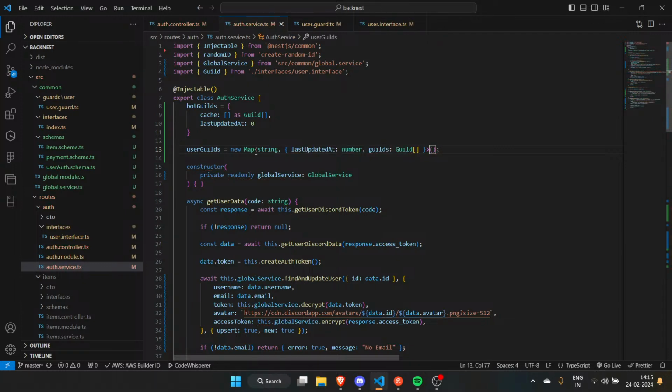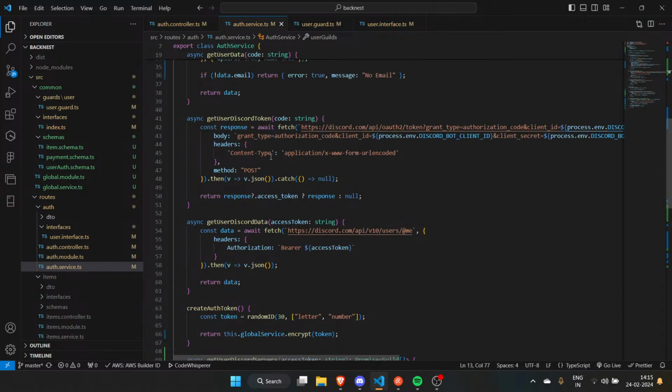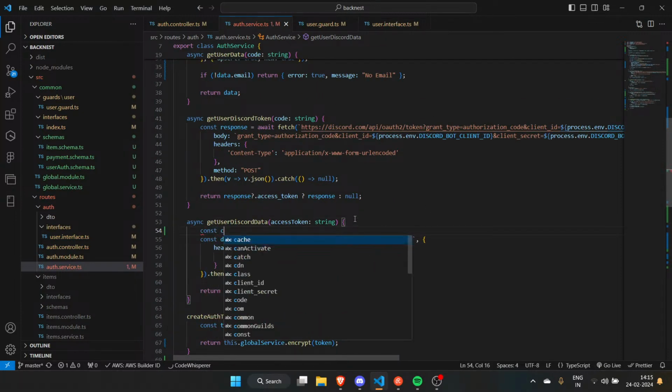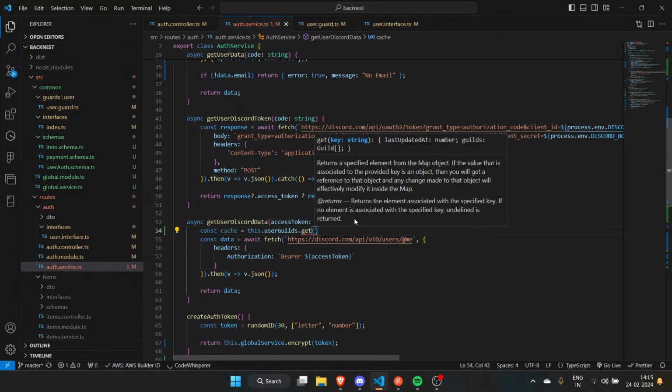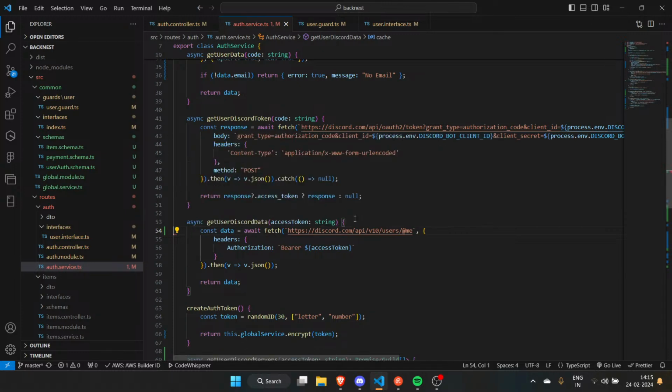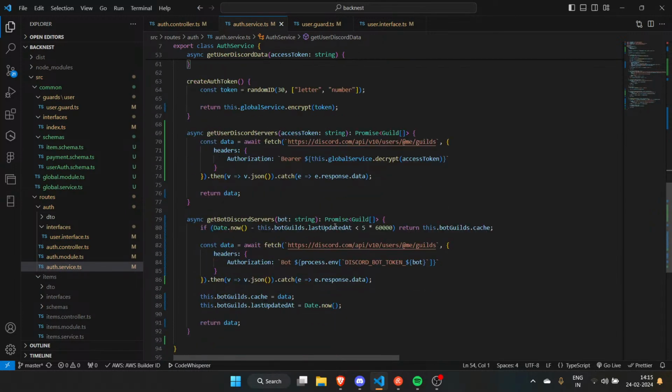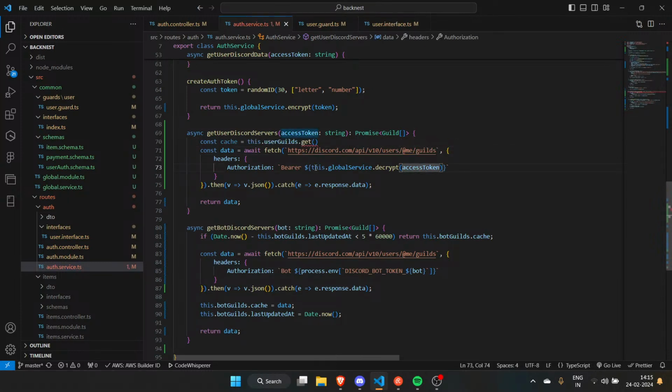Bam. Right. So we are gonna have get user Discord data, const cache is equal to this dot user guilds dot get. No, that's not what I was doing. Get user Discord servers. I guess I'll store it with the access token in the cache.